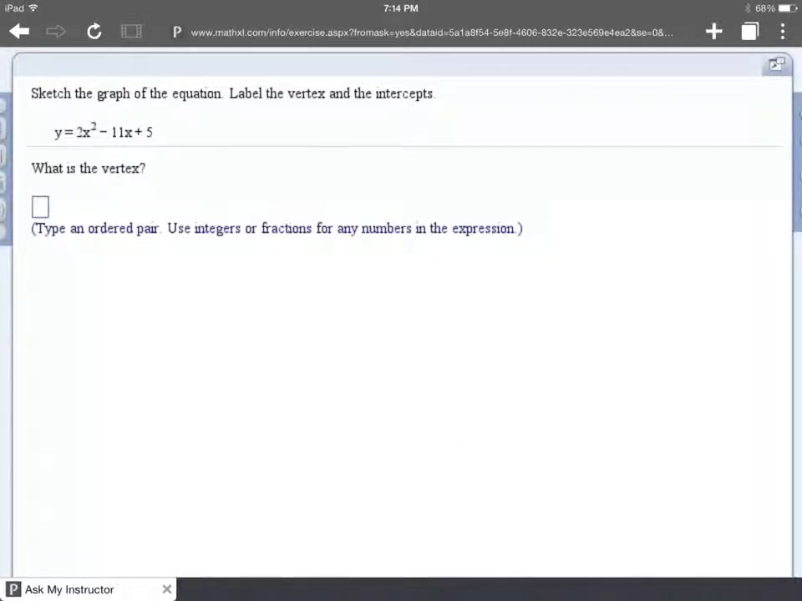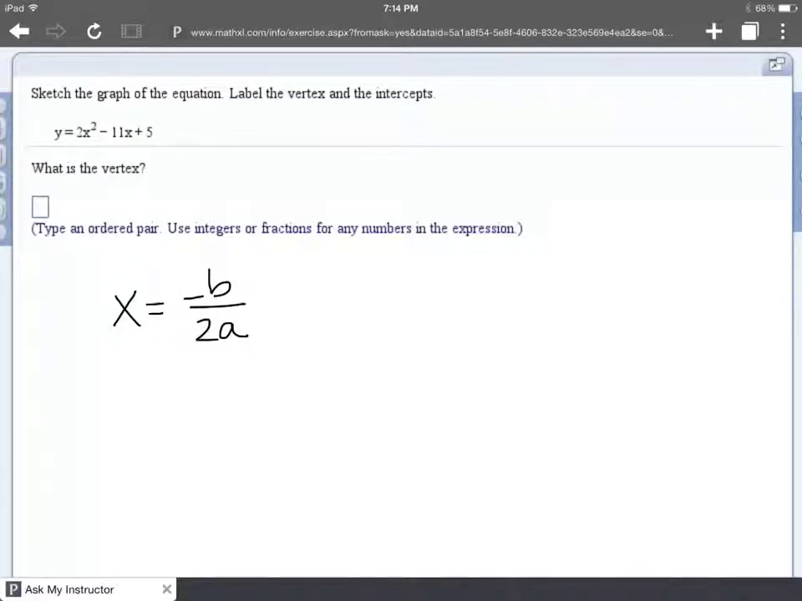This problem has several parts. The first part is to find the vertex, and you have to type your answer in as an ordered pair. So we're going to use our formula for finding the vertex, which is x equals negative b over 2a. That'll find the x coordinate of your vertex, and then we can just substitute that into our function here to